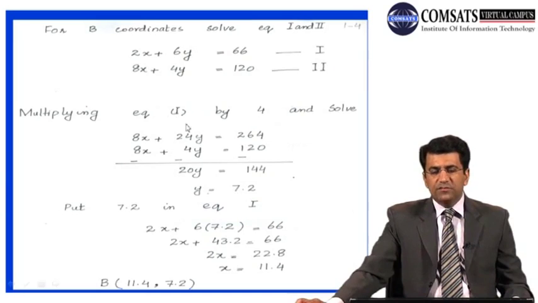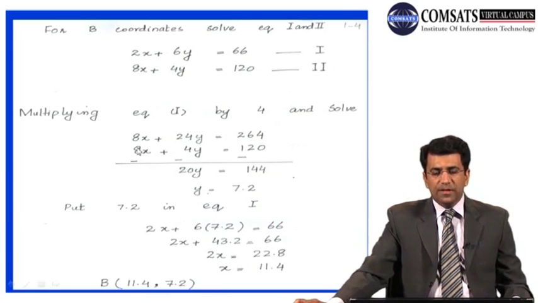So in this case, we will multiply equation 1 by 4, and then we will get equation 1 as 8x plus 24y is equal to 264. The second equation will remain the same, that is 8x plus 4y is equal to 120. Now why did we multiply this equation by 4? In order to have equal coefficients for